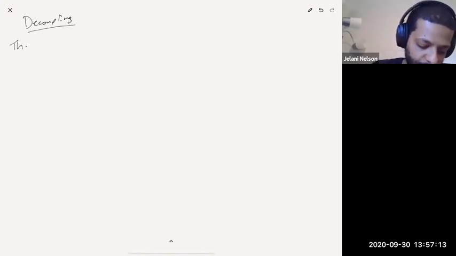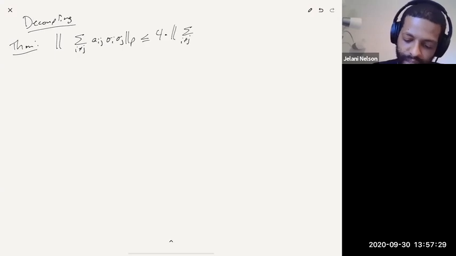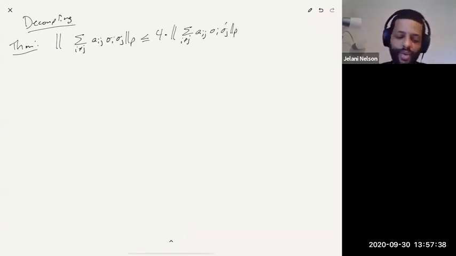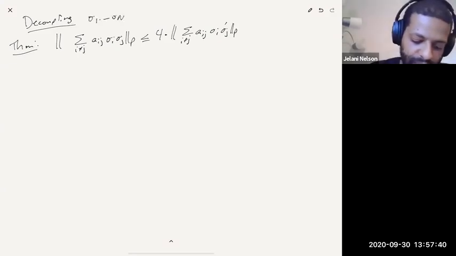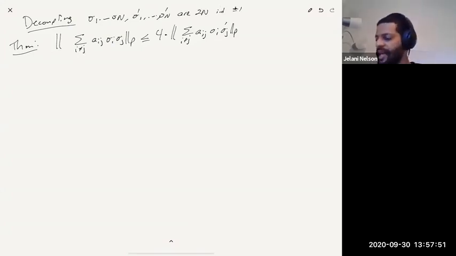And here the theorem is that the p norm of the sum over i not equal to j of a_ij sigma_i sigma_j is at most 4 times the p norm of the sum over i not equal to j of a_ij sigma_i sigma_j prime, where sigma_1 up to sigma_n and sigma_1 prime up to sigma_n prime are 2n i.i.d. plus minus 1 variables. So basically I can replace